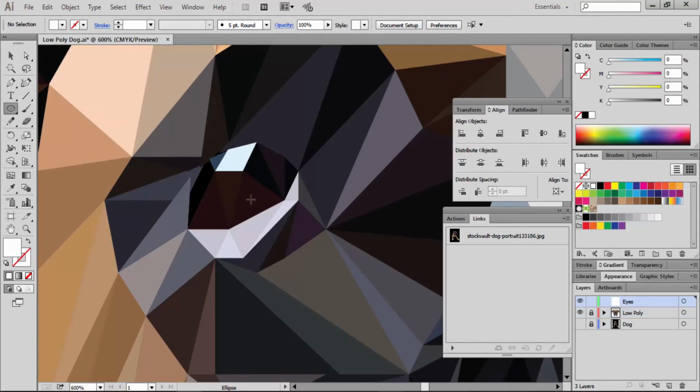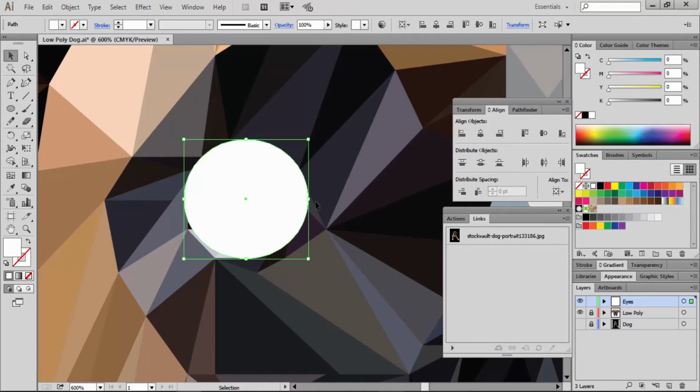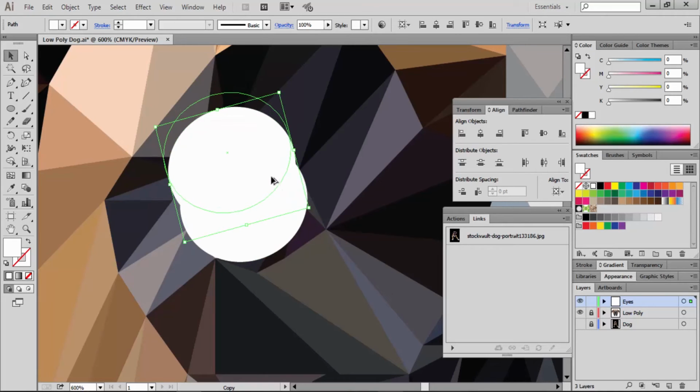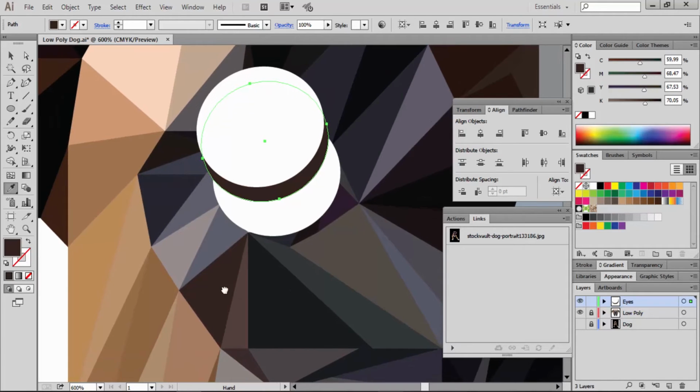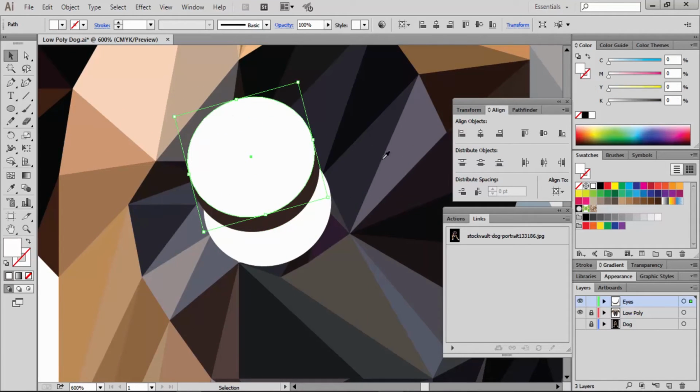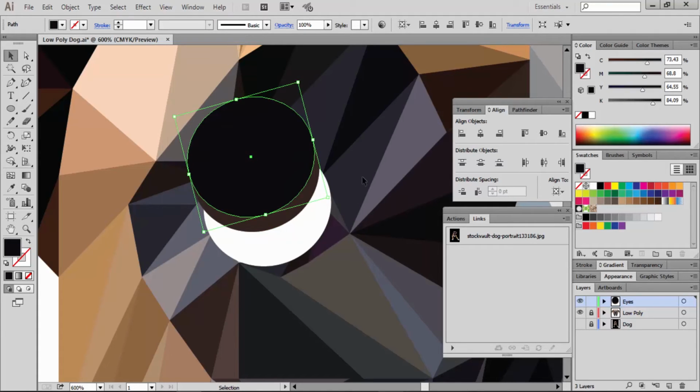We can just create an oval, something like this, and duplicate it a couple of times, because one of them could be this brown or a lighter brown, could be like this, and the other one will be a black oval.